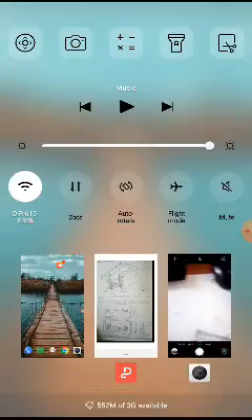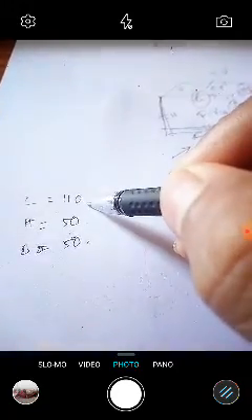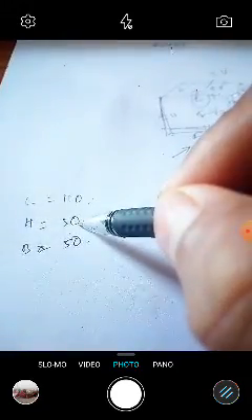Now again we will come back and see on paper. So I have taken the given data: L is equal to 110 centimeters, H is equal to 150. Now what we will do is try to develop the isometric view of a fused body. So first of all, just take a drafter. You know how to use a drafter. I'm just using a freehand sketch, but you have to use a drafter.